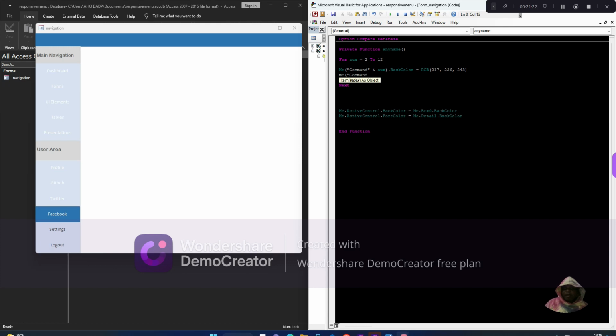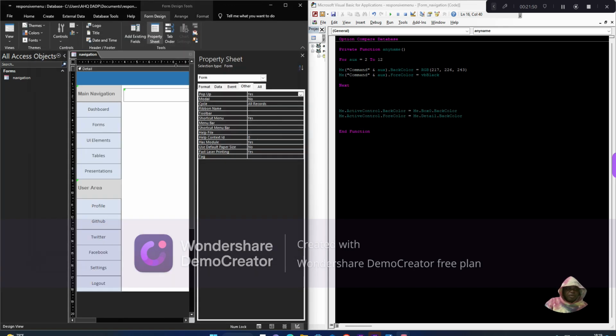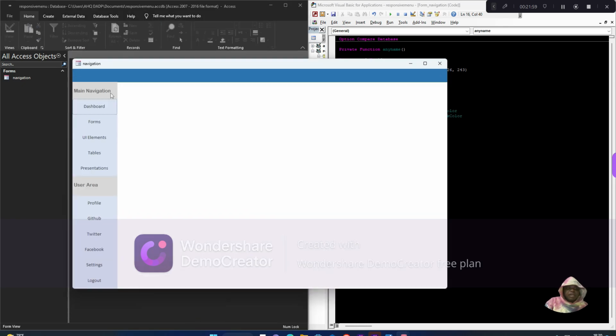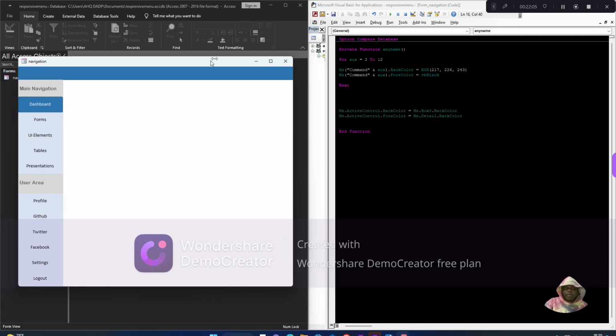So I will have to add it here. Command and AUX for color is equal to vbBlack. vbBlack. Let's see. I think it's working just fine now. All right. Next thing I want to do is, let me check the name of that label. This label name is Label16. Now let me rename it lblInfo. All right. Whenever I click any of these buttons, I want lblInfo to display the name of that